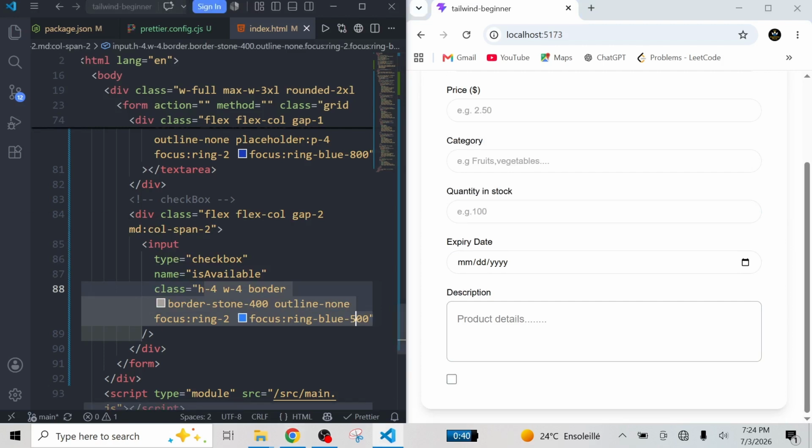Even 500. Let's say 800. Yes, I think that this one is decent. After that, I think that we finish. I want also to specify this accent color. I don't know why it's already blue, but normally to change the color, for example, I can just go down, write